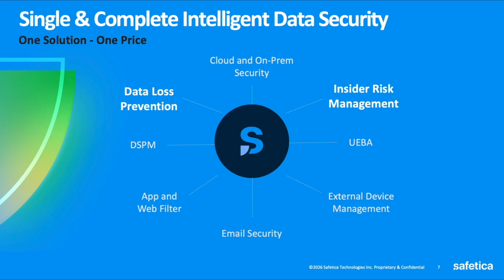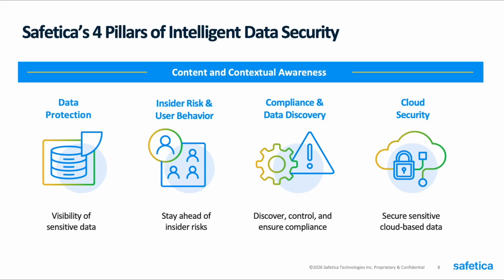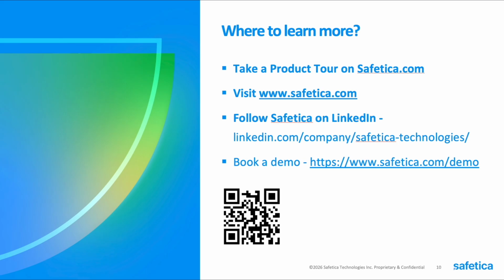Yeah, so basically all these other areas are also the things that we are covering as well. So I'll just go back quickly to the slide here. Next question is, already have a data classification tool. Can you integrate with an existing data classification product? Yes, we can. If that product is using metadata tags, then we do have the ability to integrate those existing metadata tags into our product so that we have visibility of what file is what, and then are able to apply policies to those existing classifications.